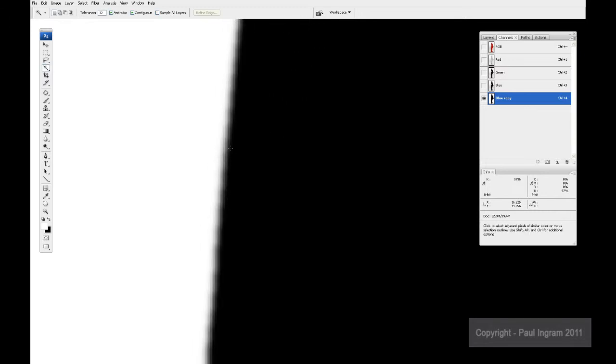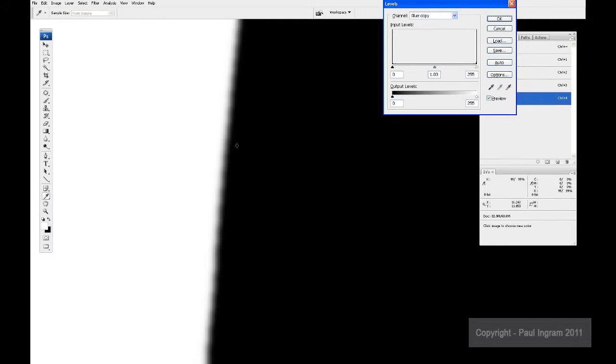Watch what happens now when I press Control and L to bring up levels on the keyboard, and keep an eye on what's going on with what will become the selection or the mask. It's expanding and contracting, and the reason it's doing that is because we created that extra pixel data. Now that's crucial later on when we're trying to choke the mask, which is basically what I'm doing here. It's choking the mask one way or the other, and that's the real reason for creating this slight feathering to